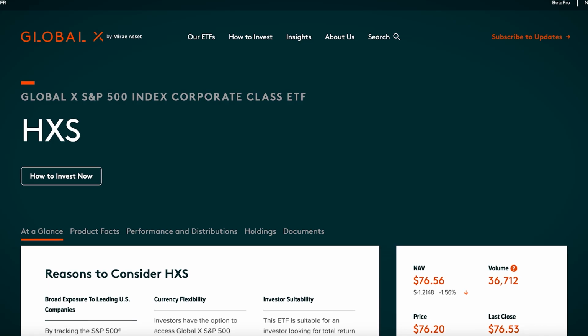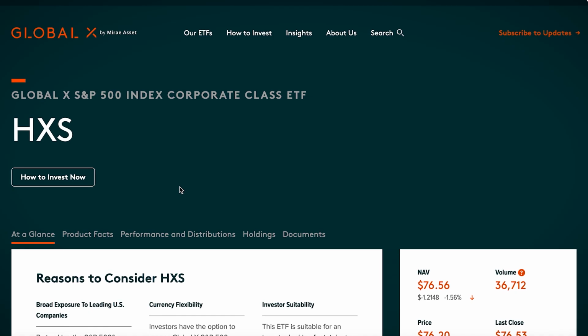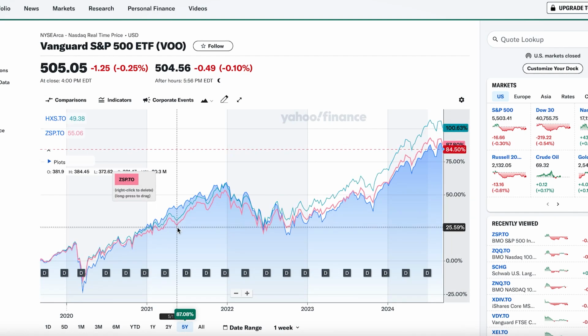The ETF from Global X, ticker HXS, also tracks the same index, S&P 500, and it contains the same companies. But if we check the performance, we'll notice that it is higher than ZSP. Why is that? It is because HXS doesn't pay dividends. But how is it possible? The companies that it contains do pay dividends, and ZSP pays those dividends to the shareholders. HXS reinvests the dividends into the same stock, so the fund grows without paying dividends, but the price appreciation is better, which we can see on those graphs.